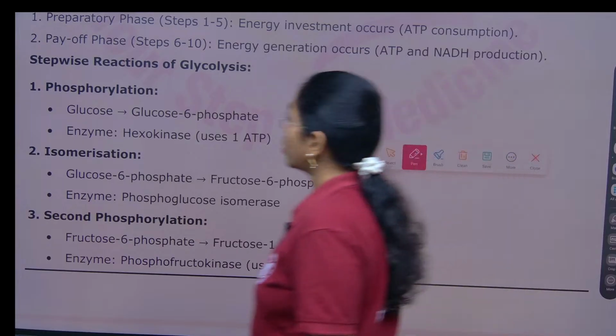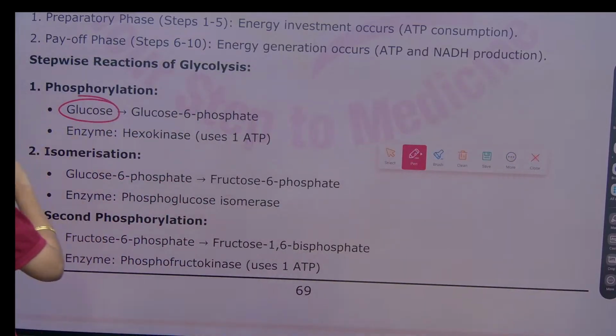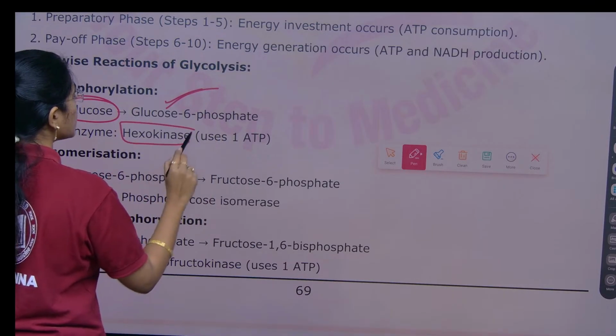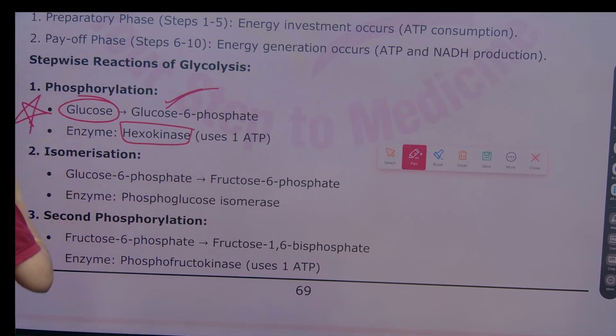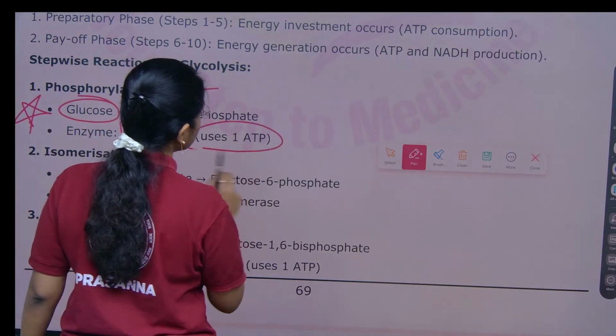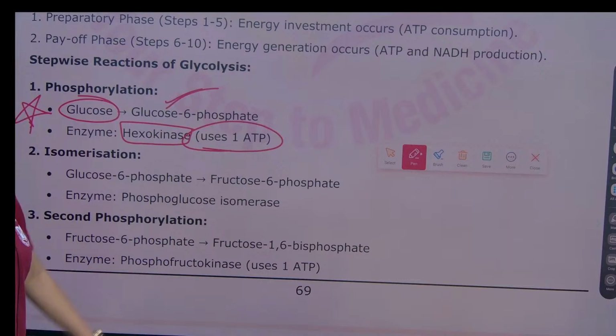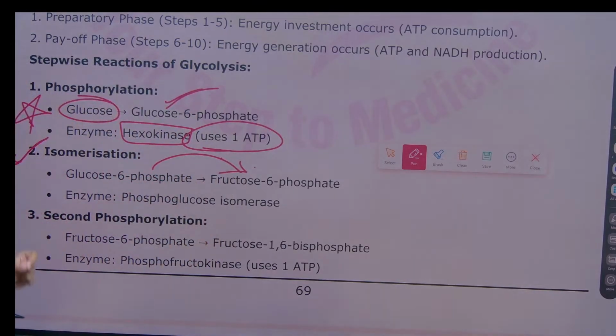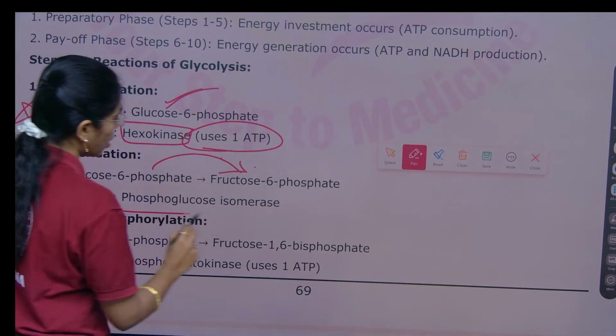Phosphorylation, where glucose is first phosphorylated to glucose 6-phosphate by the enzyme hexokinase. Remember that this is by the enzyme hexokinase. This utilizes a single ATP. How much ATP does this utilize? 1 ATP. Second step is isomerization, where glucose 6-phosphate is isomerized to fructose 6-phosphate, and the enzyme used here is